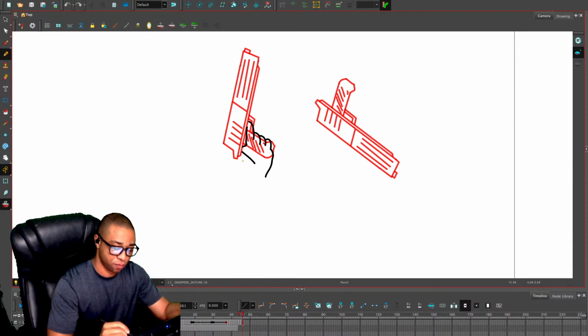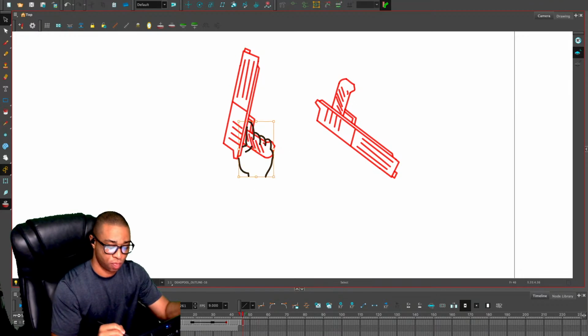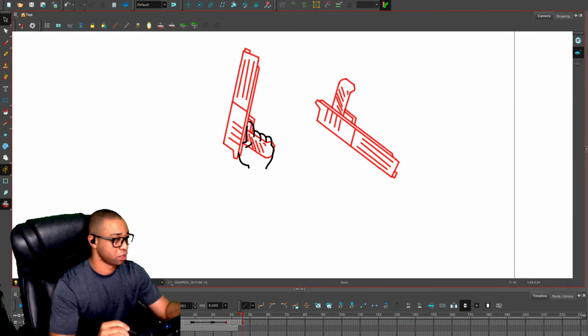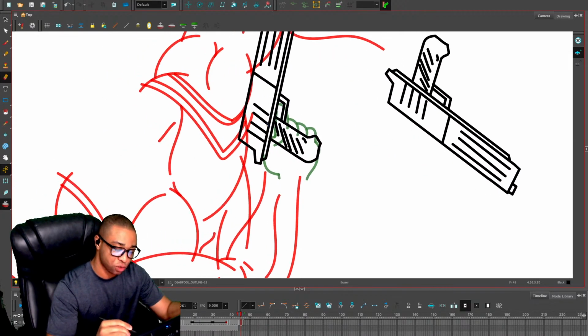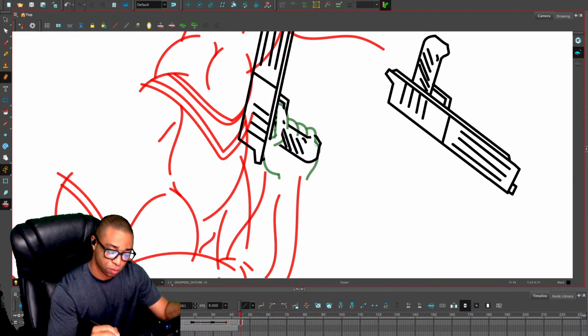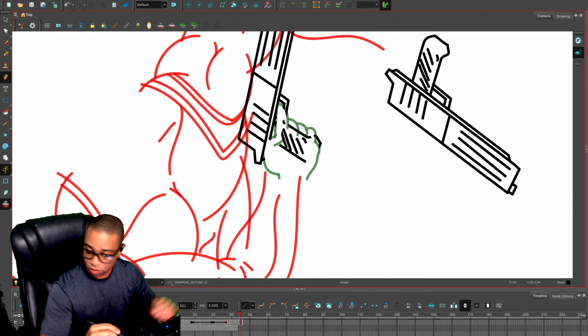And let's just shrink it down some to make it look like an actual hand. And then we'll get even closer and just start erasing where it's at. Yeah. Like so.